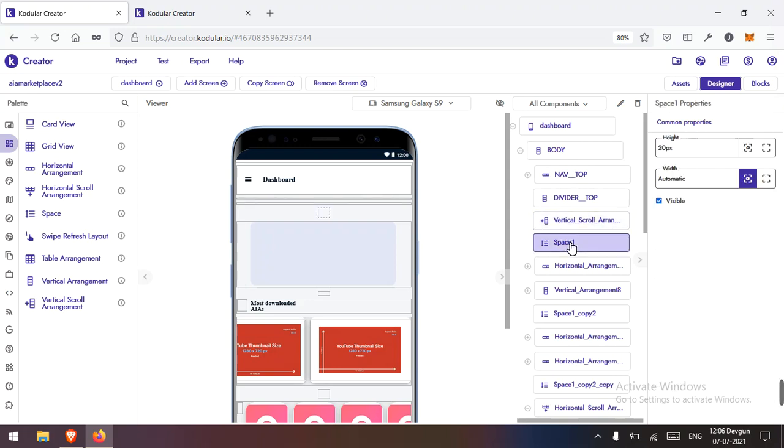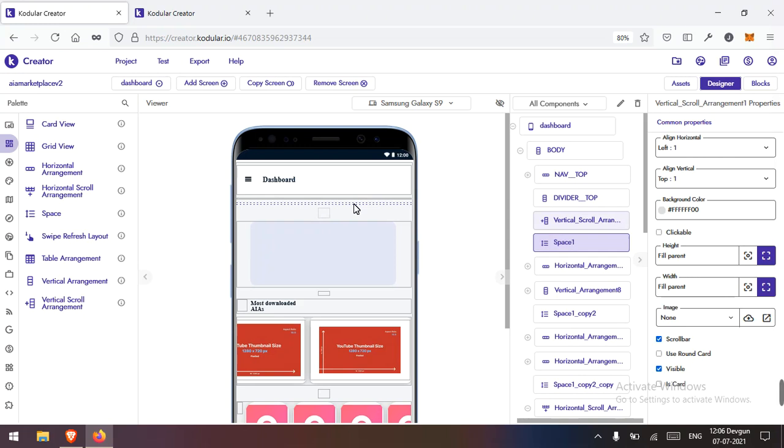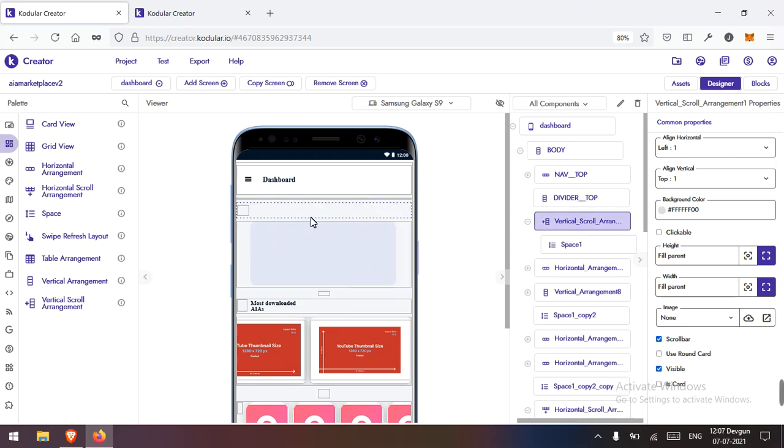So let me cut this and paste that inside the scroll arrangement, and I will keep the align horizontal to the center of this vertical scroll arrangement. And then let's move everything out from here,